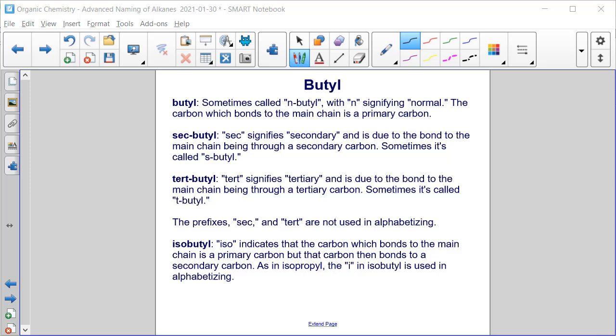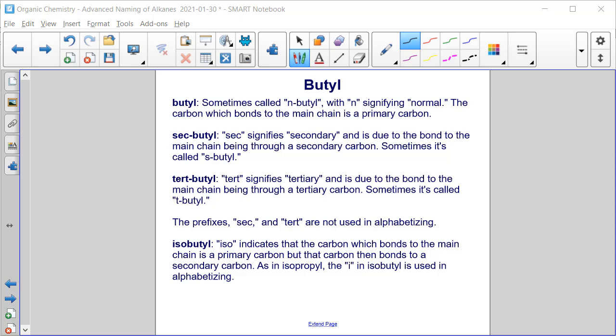Sometimes it's called S-butyl. Tert-butyl, tert signifies tertiary and is due to the bond to the main chain being through a tertiary carbon, sometimes called T-butyl. The sec and tert prefixes are not used in alphabetizing. Okay. So the butyl group would come first if it was sec or tert, because we're looking at that B,